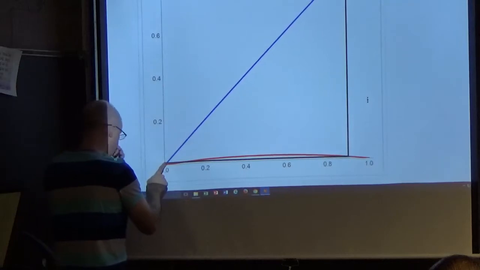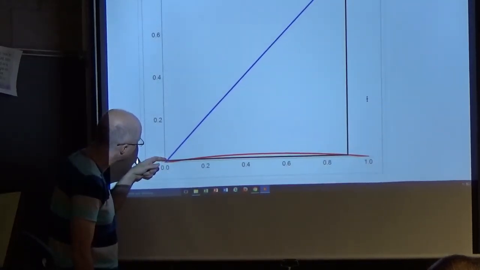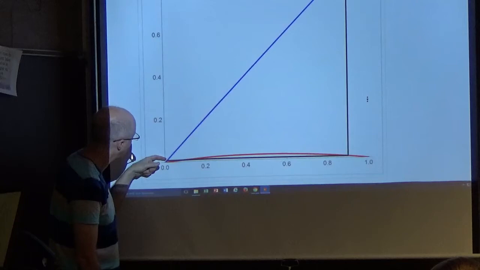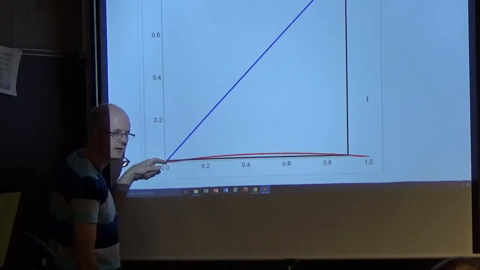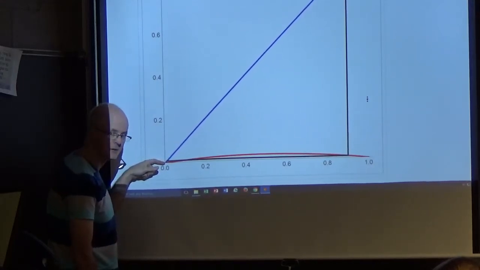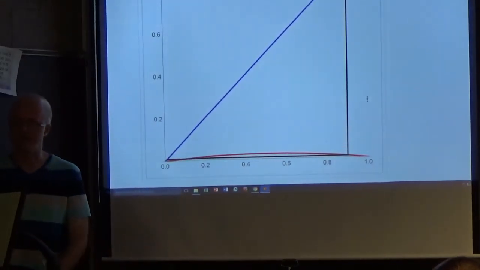If you go over to the blue graph like this, you're now at a point whose coordinates are both very close to 0. Both of those numbers are the same, and they are the output of this function when you plug in 0.9. If you go back down to the red graph here, that corresponds to plugging in that small number into the red graph, giving you an even smaller number, even closer to 0. This is generating a sequence that converges to 0.